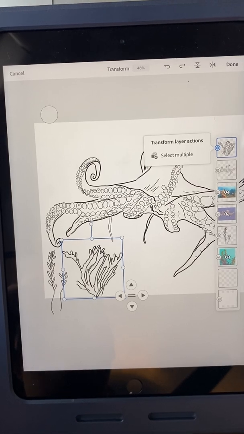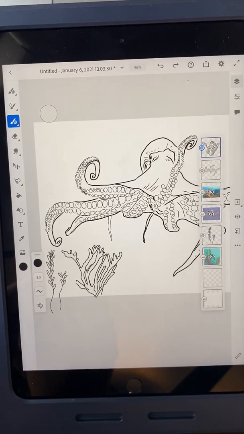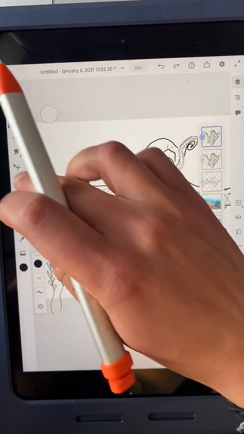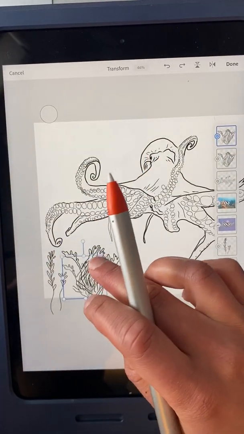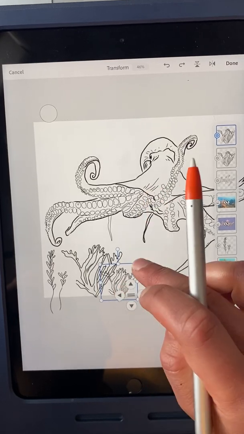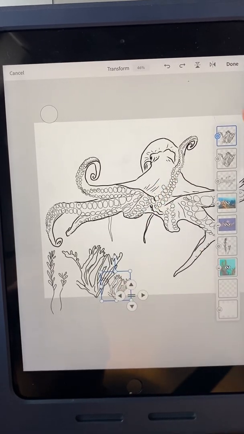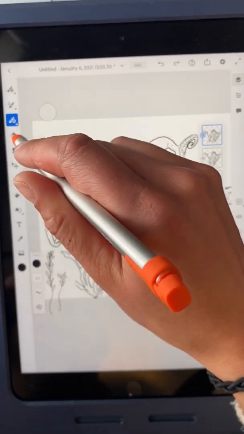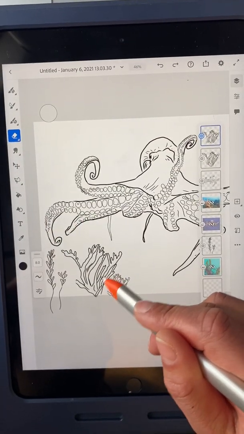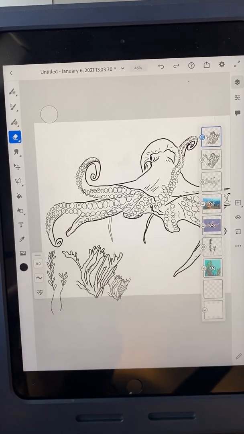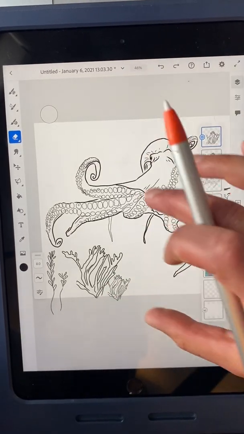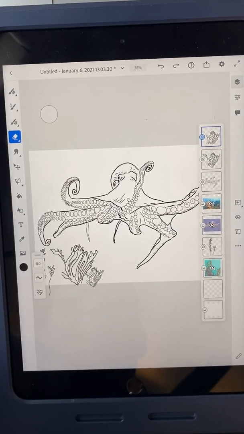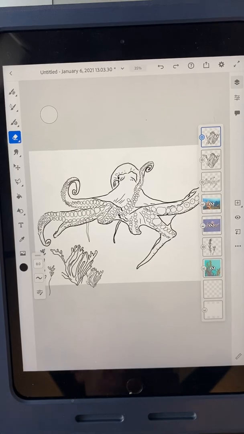What's kind of cool with this is I could also duplicate it. So if I want to duplicate this layer and resize it, I could create a twin, but have that twin be a little bit smaller. And I could use the eraser tool, maybe erase this little part here. So think about your environment, create your environment, and then I'm going to show you in the next video how to add a border. Okay,